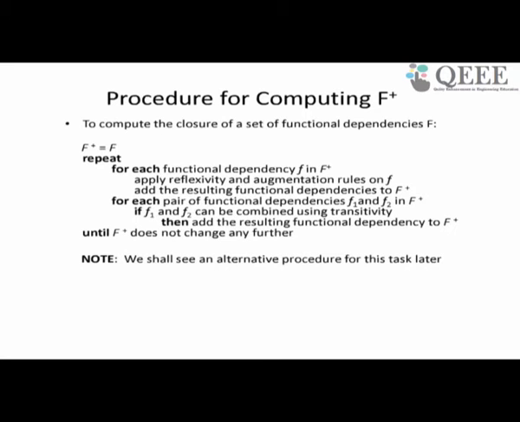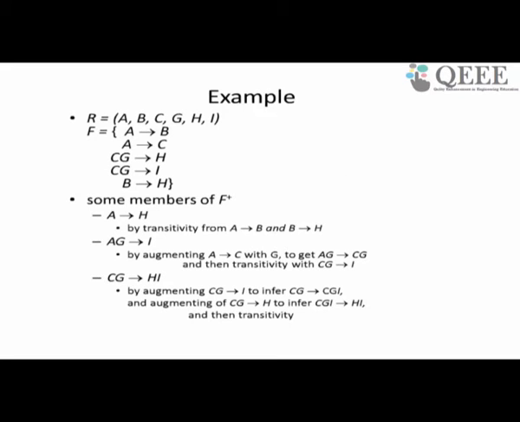So repeatedly I can apply the Armstrong axioms and get my closure. Okay, so this is the procedure. You repeatedly apply the rules and get the closure. Now the thing is, what do we do with all this closure? How do I use this? Functional dependencies can be used to find out what is a good schema design or what is a bad one, and the good schema designs we call normal forms of the table. I'll explain with an example.